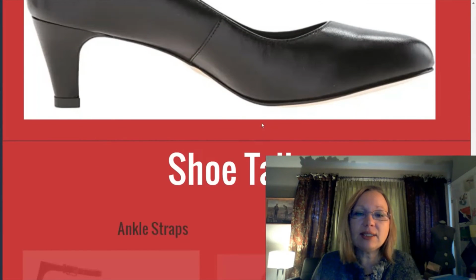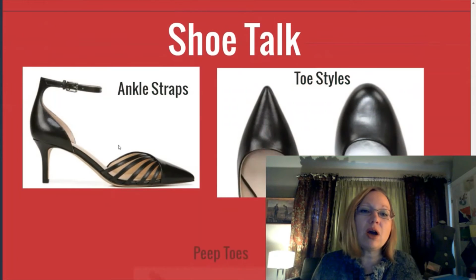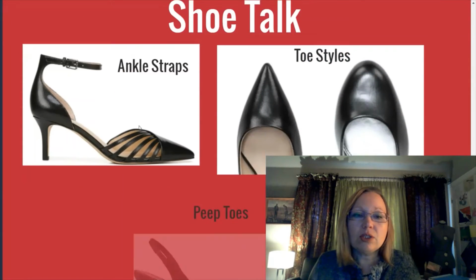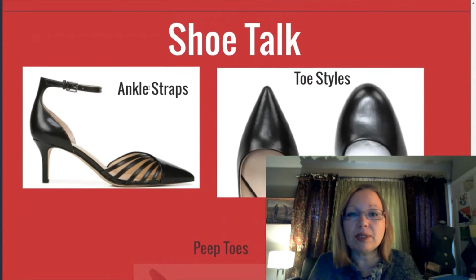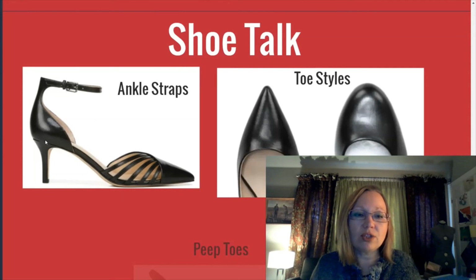And lastly, I want to do some quick shoe talk. First, I want to talk about ankle straps. To keep your pumps on, you can have straps in different places. You can have them across your foot. You can have 2 straps crossing. But as far as wearing